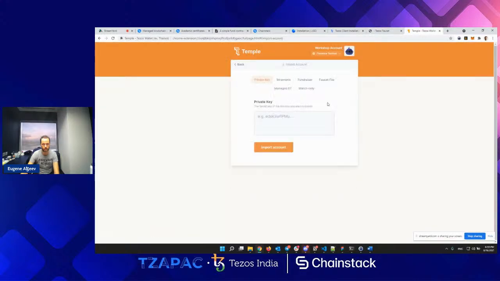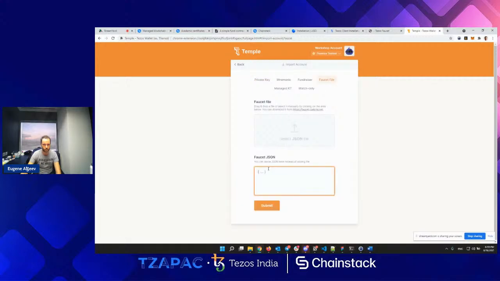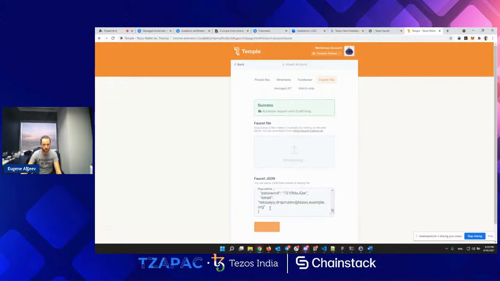Import account, amazing. So this is what? This faucet file, okay. Faucet JSON is the one that I got on the faucet. Quite straightforward. Activation request sent, confirming. And that was not immediate. I hope that was faster.